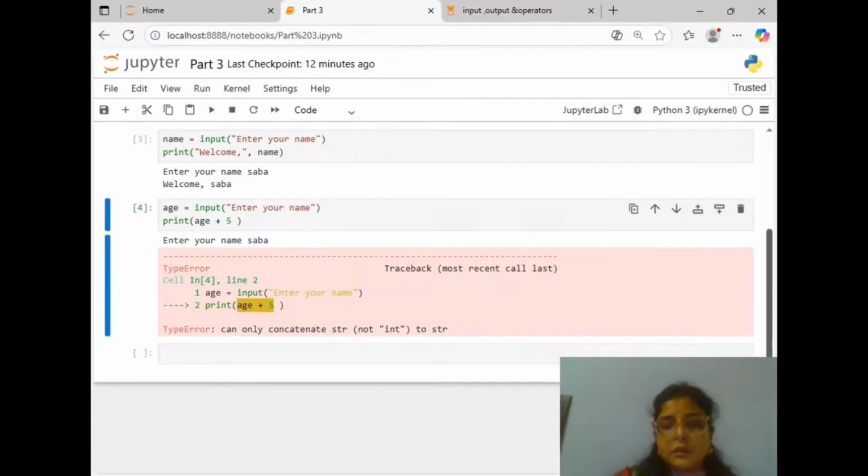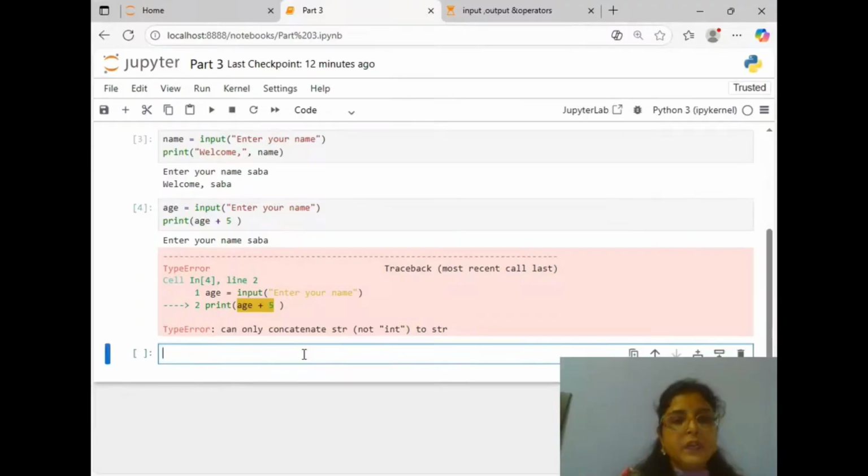So here, how do you think we can fix this? Okay, then we'll fix this by using typecasting. To fix the error, we use typecasting, converting data from one type to another. Then how will we convert one type to another type?